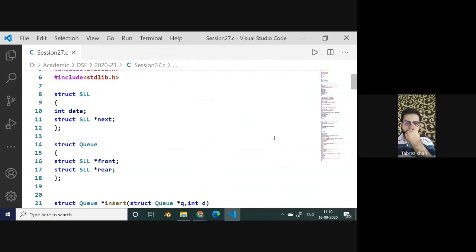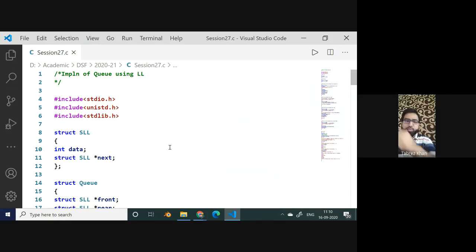In the last session, we have seen the implementation of stack using linked list, and in today's session, we'll see how to implement a queue using linked list. So here also, we'll be making use of single linked list for implementing queue. Now, in stack, what we did that while implementing a stack,